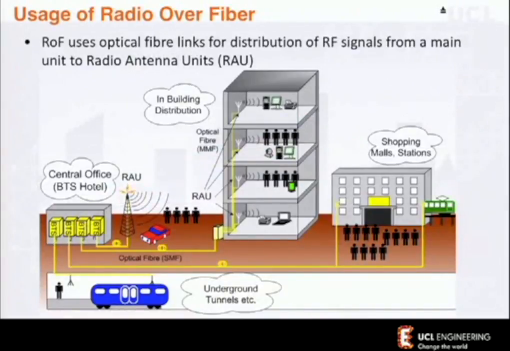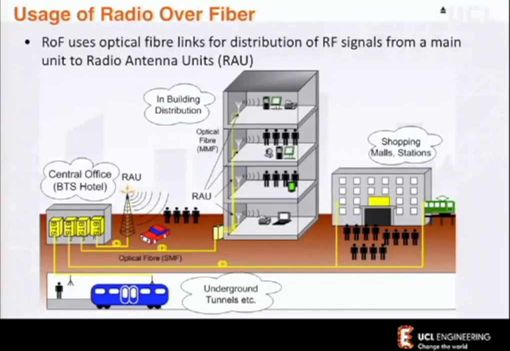So what about analog? Where has analog been used? Well, analog has already been used in some of these sorts of networks, predominantly for places where traditional coverage was incredibly difficult, where you needed very high cell densities, which is exactly the sort of places we're talking about using these types of very high cell densities now. So you often find it for in-building distribution. Out of the department here, a company in Cambridge was spun out called Zinwave that delivers essentially repeater systems for distributed antenna systems within buildings.